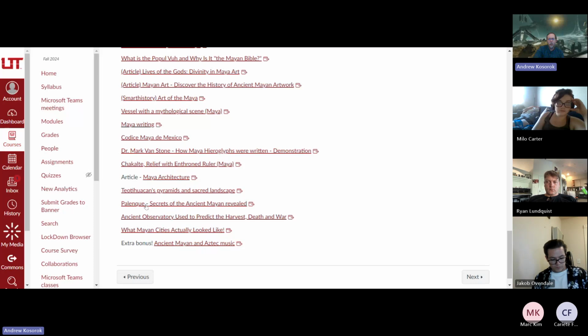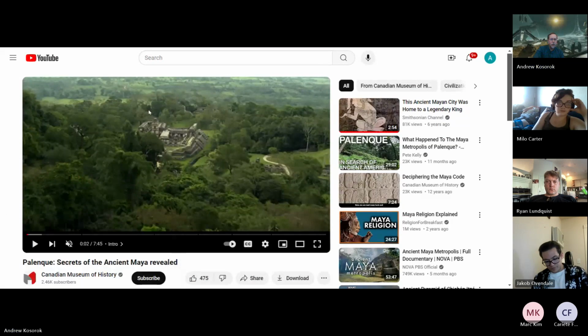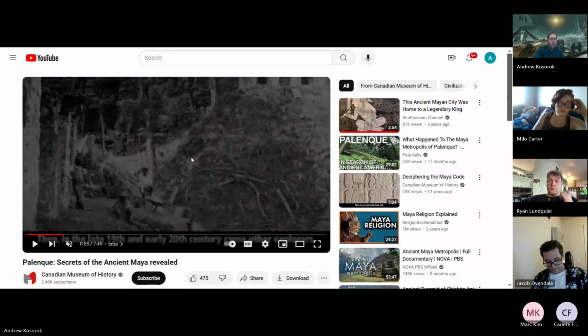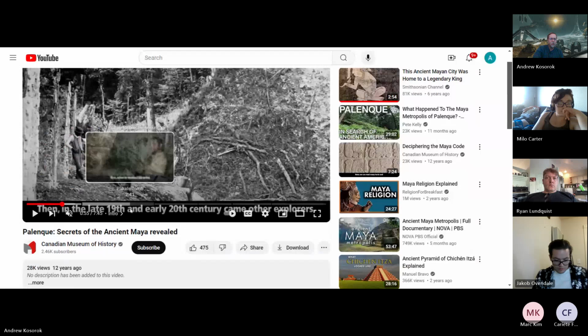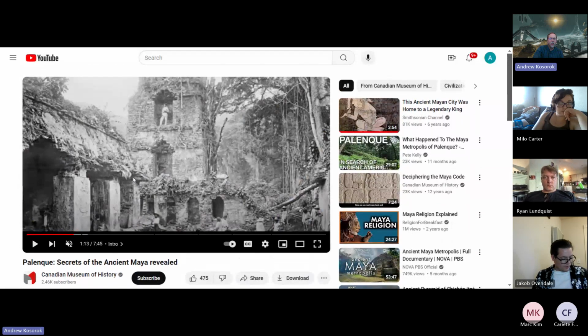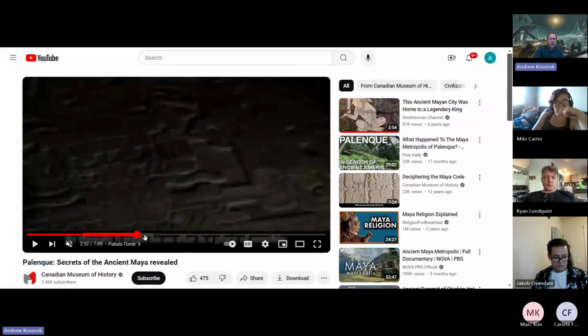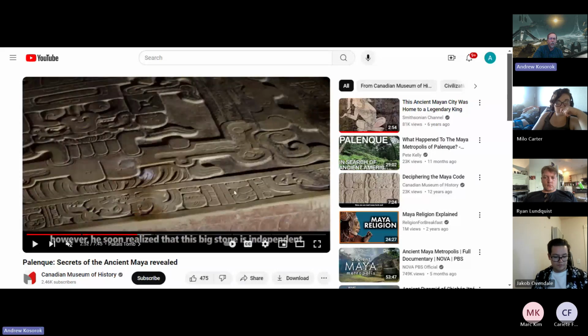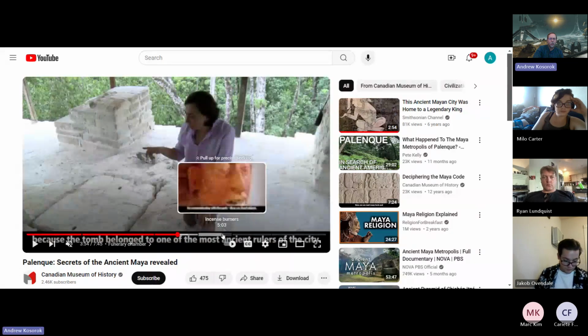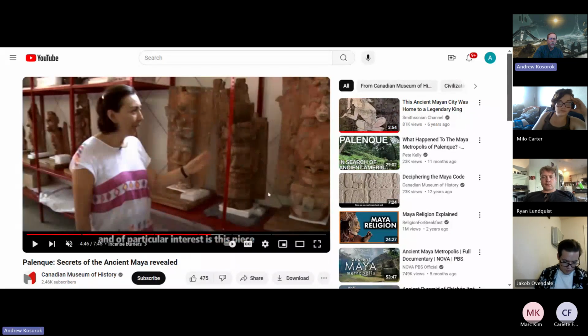Now, Palenque is the seat of Hanapakal's power. And this video shows a little bit about some of these. They say secrets of the Maya revealed, but when this site was first come upon, this is what it looked like. It was overgrown, and in the interim, people have been trying to restore this, find out about it, clean it up, re-beautify it, and there are some really fascinating things about what's going on when you see these